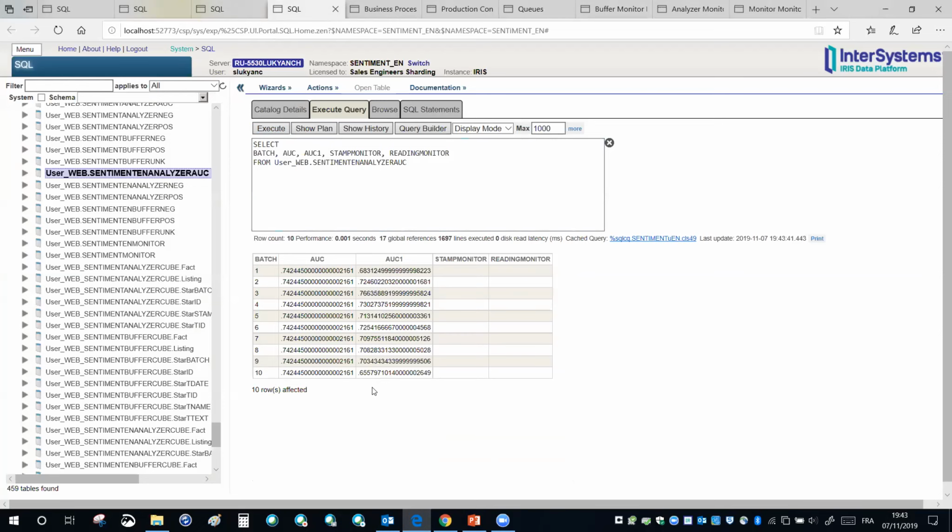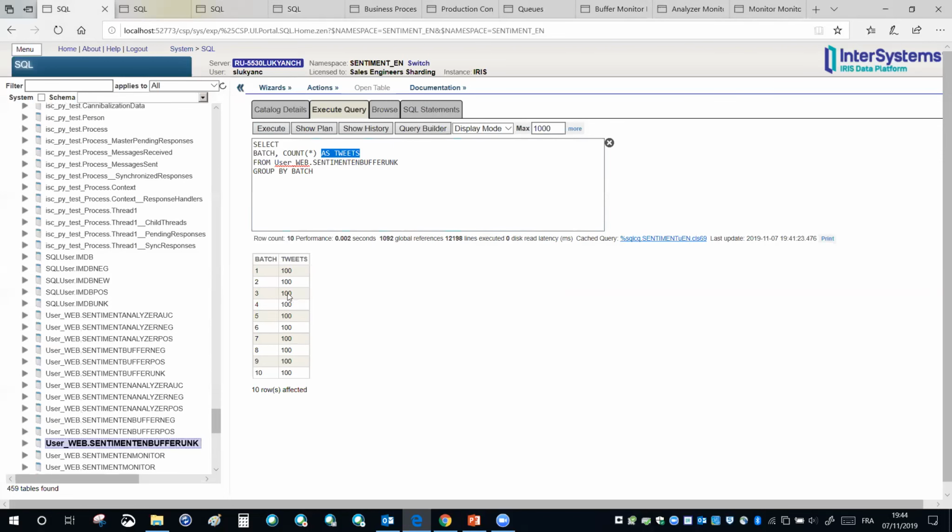So now I'm at the point when my system of processes has run the prediction for the full buffer of unclassified records. The buffer has been refilled. You see that the number of the batches has shifted by 10.